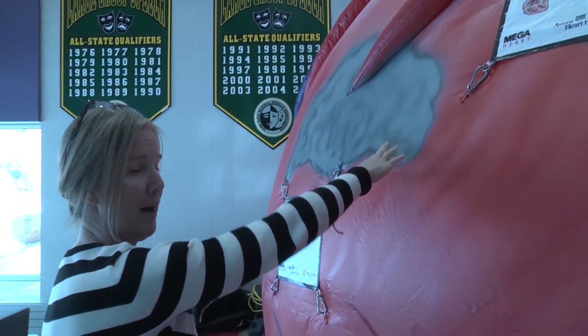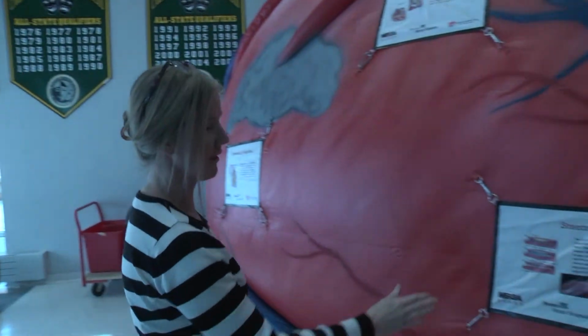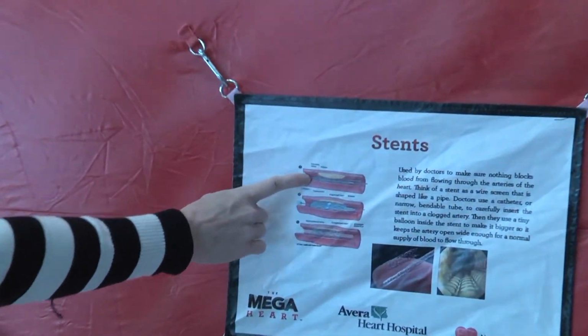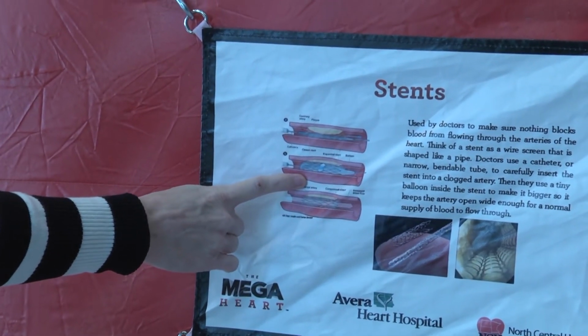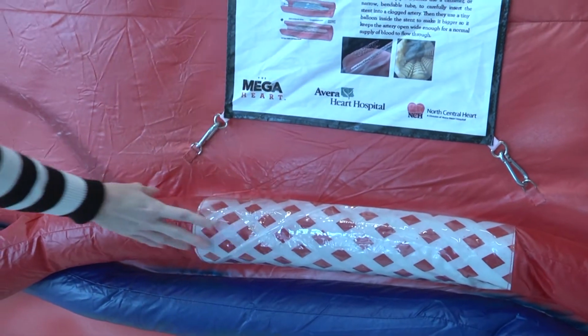But today, through the modern technology that we have and the skill of our cardiologists, these can be detected. And here you see a plaque. What they do is they go in and they open that plaque with a mesh material called a stent. And once that's open, the heart is happy and produces